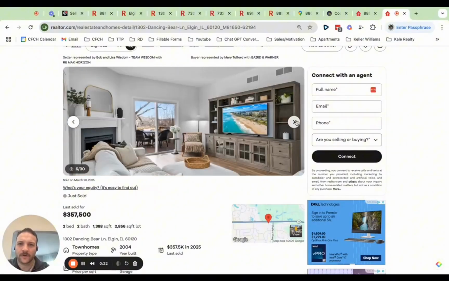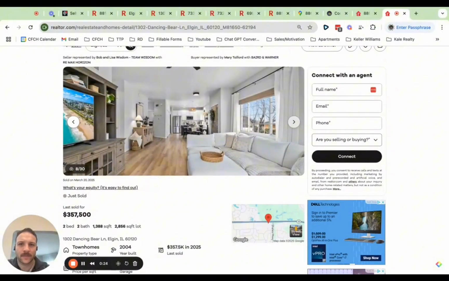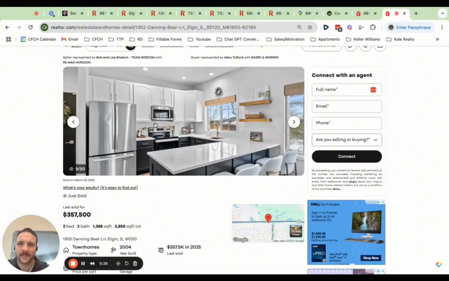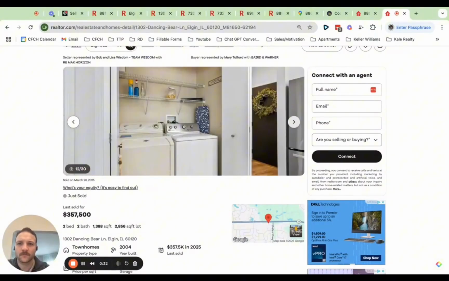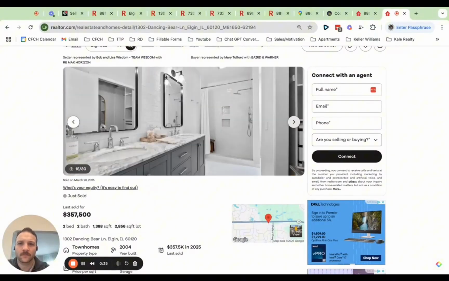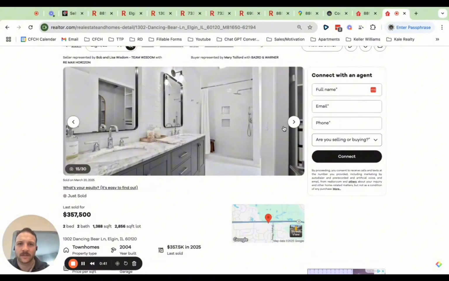So vinyl flooring, not necessarily a flip, but nicer cabinets, nicer probably granite or quartz countertop, nicer bathrooms for sure, more updated bathrooms closer to 2025 standards.